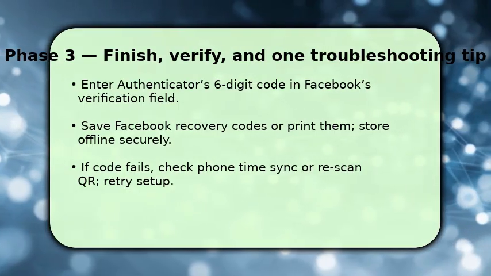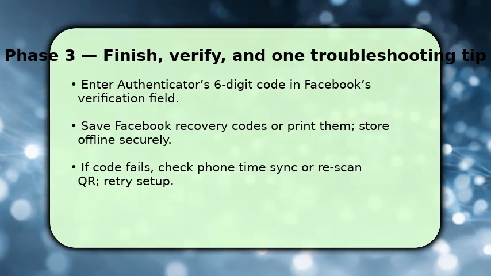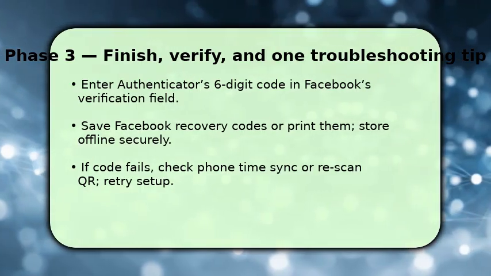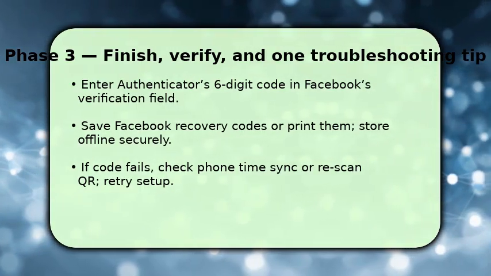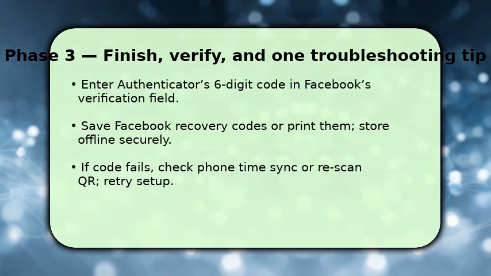If you can't get a valid code, check your phone's time settings and sync automatically in Authenticator, then rescan the QR if needed. Following these steps ensures you can both log